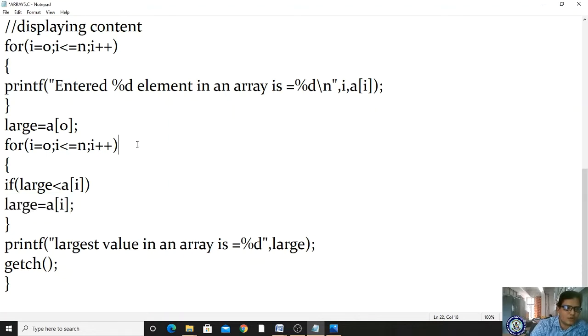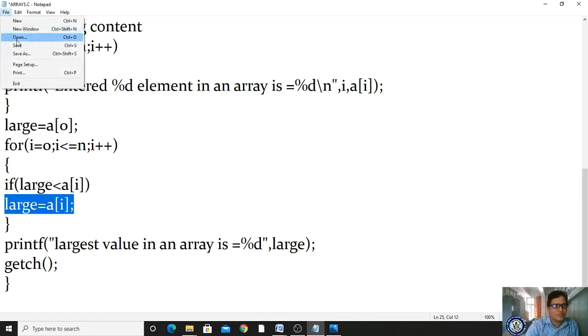Now I increments, now I becomes 2. 2 less than or equal to 5, condition is true, here it checks 2 with a of 2. In a of 2 location it consists of 3, 2 less than 3, condition is true, large becomes a of 2 value, likewise it will evaluate.